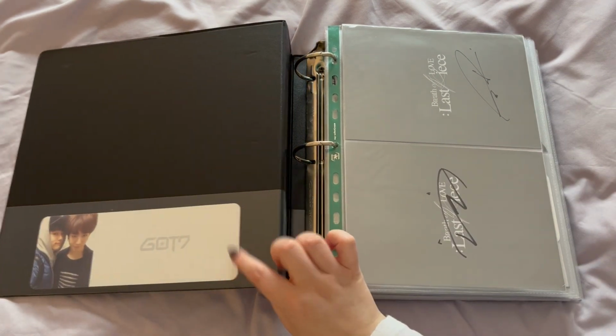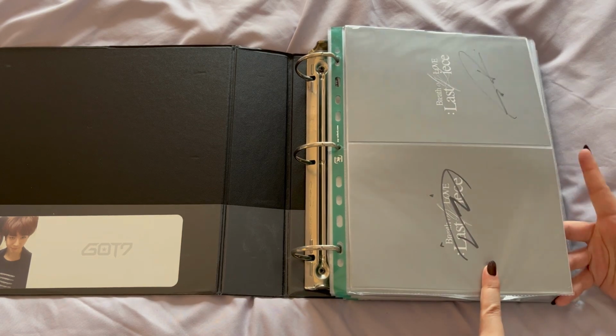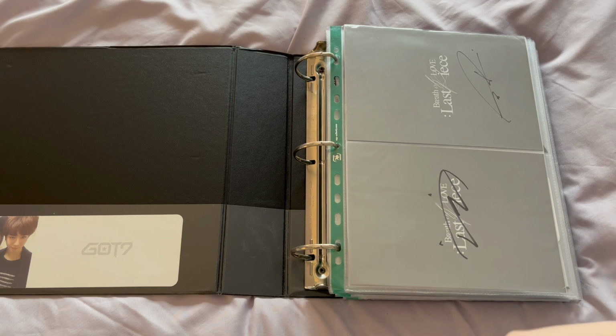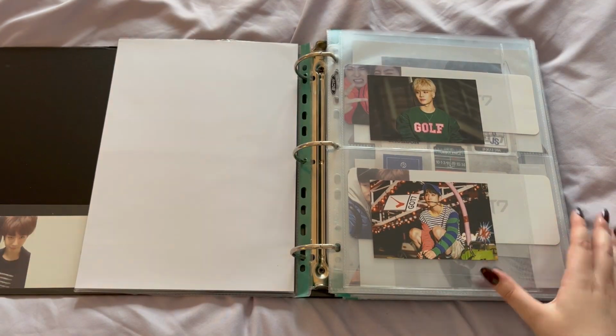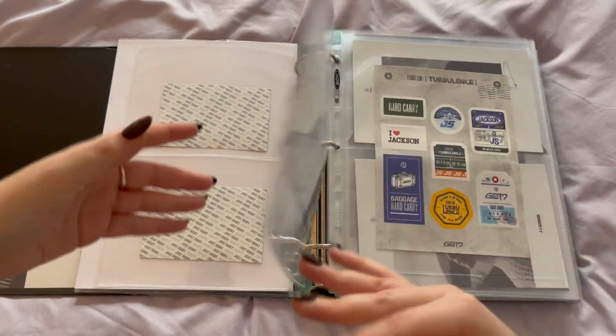I do have this in the thing. And then these are signed by Bam Bam and Youngjae. They're M-Wave signed. For some reason they signed on the back of the poster, not the picture of their face, so they have to sit like this, which is kind of annoying. But yeah, then we have all these bigger inclusions, so Just Right, Flight Log,